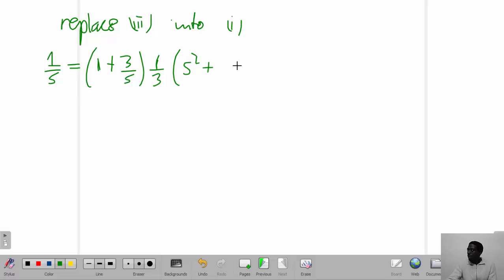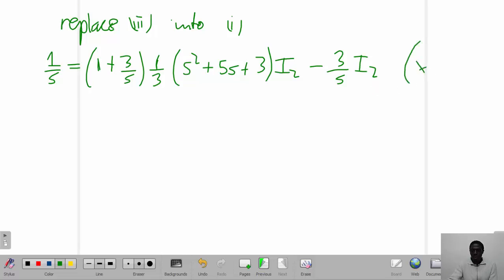We had S squared plus 5S plus, as we had, 3, and that multiplies by I2 minus 3 over S multiplied by another I2. This is what we get. And then we can simplify this by multiplying everything by 3S. We multiply everything by 3S, and this gives us 3 equal to, so the S cancels out, we remain with